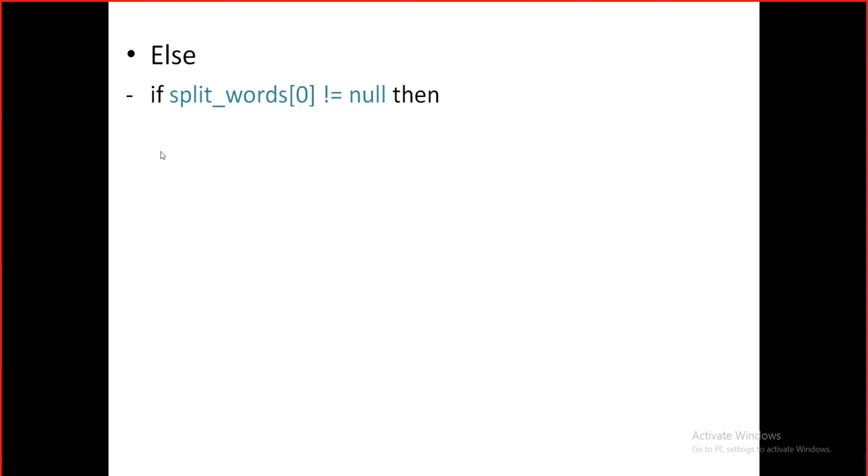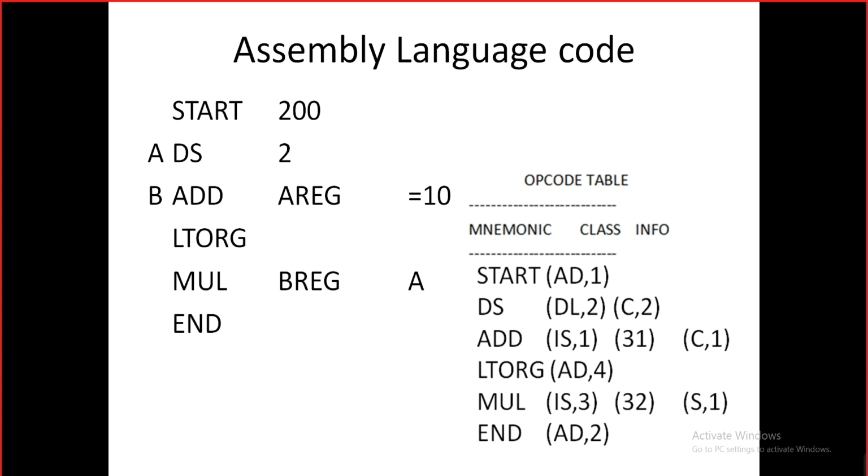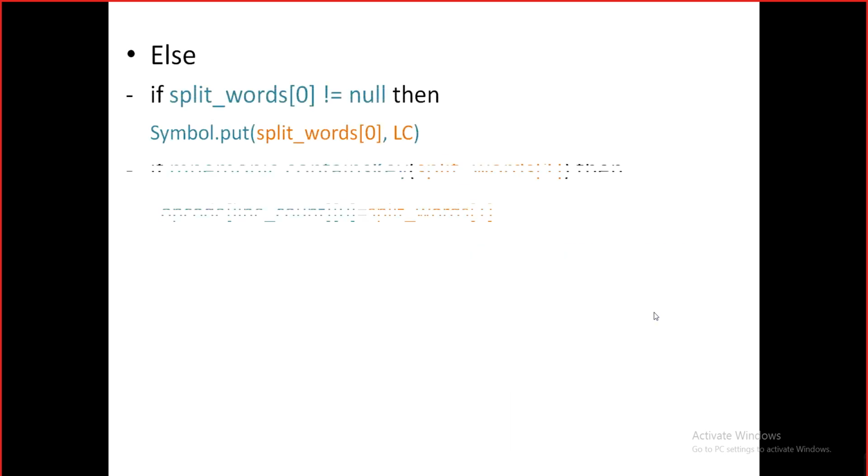where we have checked whether it is null or not, right? In the else part we checked it first. So there that A was stored in the symbol table. We are checking for DS and we are storing the class and the info. Now what is that info? C comma, actually it should be, yeah, right, C comma 2. What does this 2 specify? This 2 has come from here, two spaces or two words we want to reserve. So this C comma 2 is because of that. So we are trying to store the same over here.